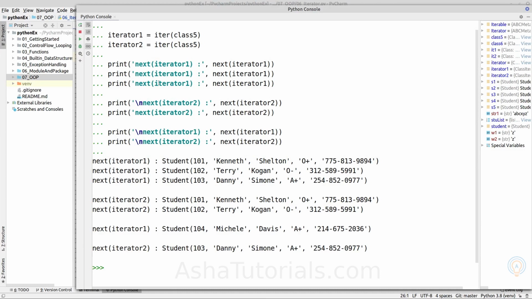As we can see, first iterator 1 is iterated 3 times, and after that iterator 2 is iterated 2 times, and it is beginning from the first object. So they are working in parallel, and after calling next 2 times on iterator 2, we call next on iterator 1, which is resuming from the previously returned object.